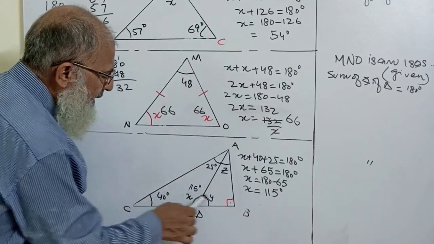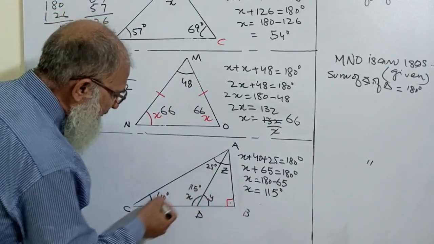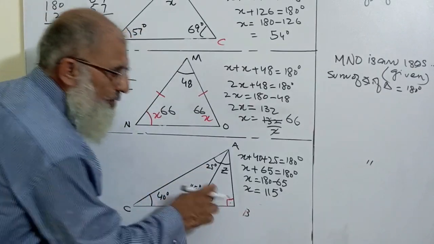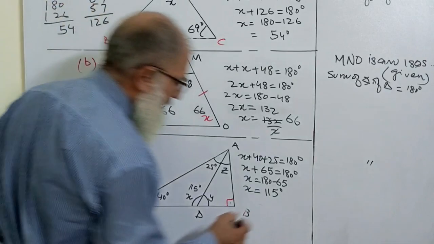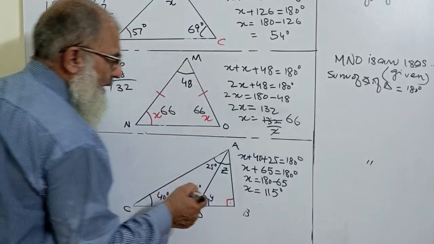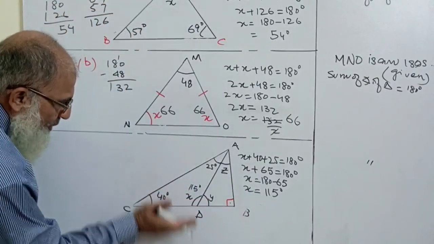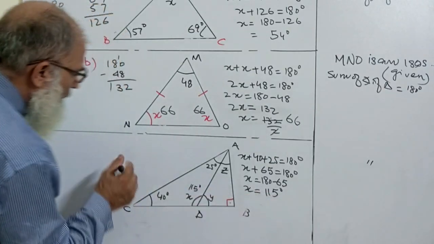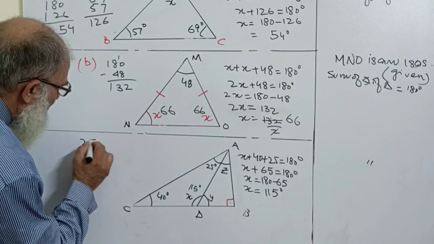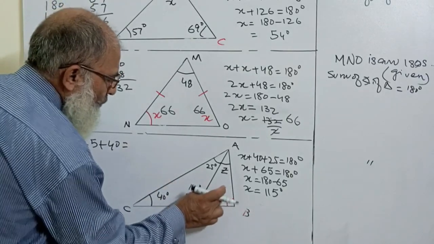So it is very simple that the sum of two interior angles is equal to the opposite exterior angle. So what will happen over here, that 25 plus 40 is equal to y,